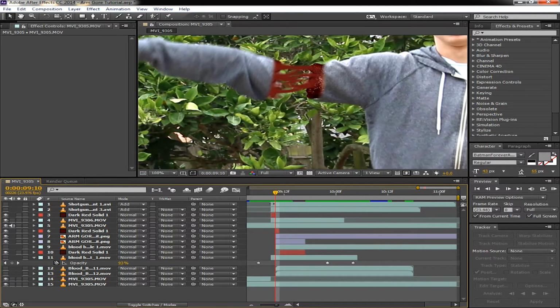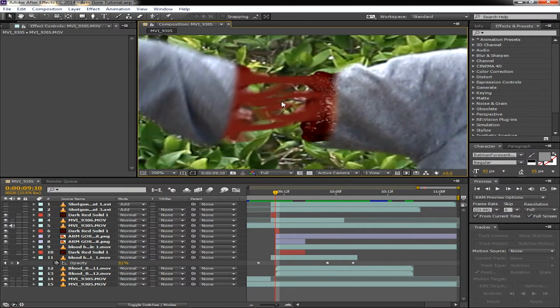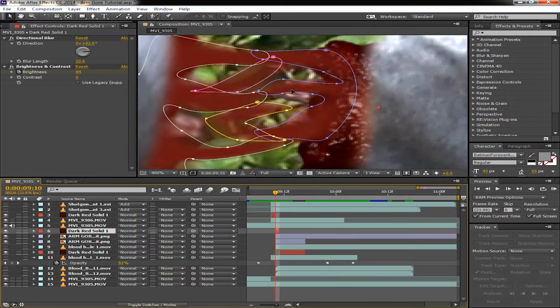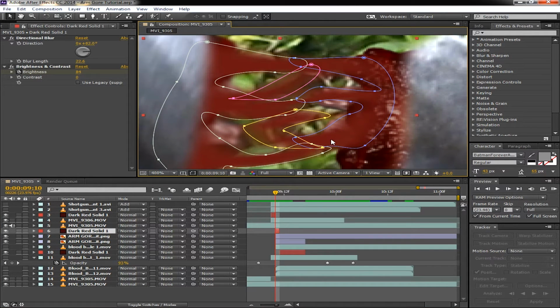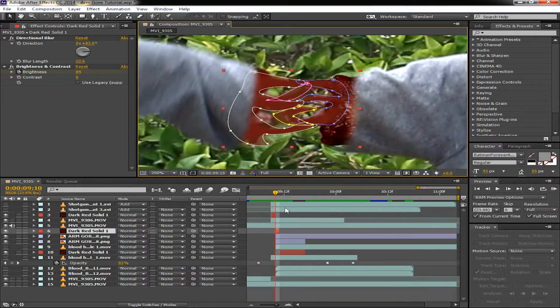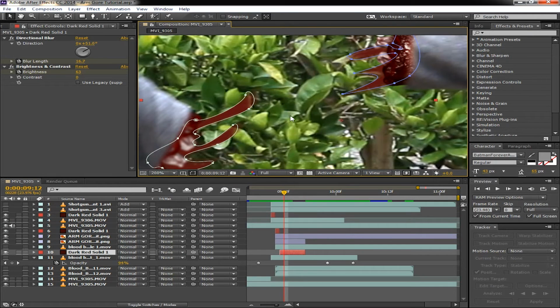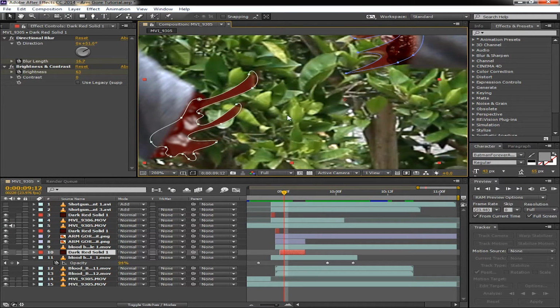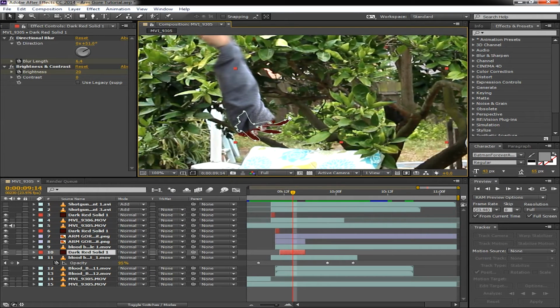And what I did here is I literally just masked these shapes. As you can see, it looks kind of messy with all these masks, but I just masked them together so it looked like they were tearing apart. And then I animated it myself, I keyframed the mask path and just animated it,